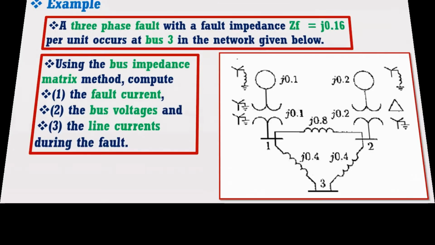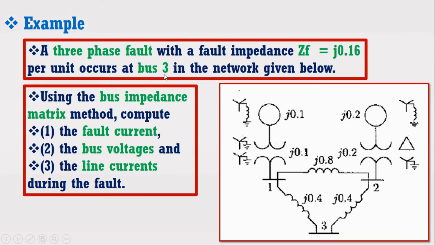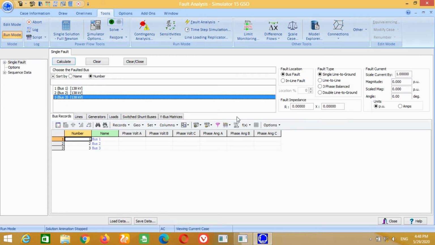As we know, the example asks to apply a 3-phase fault on bus 3 having fault impedance 0.16 per unit. Therefore, click here on bus 3. Select 3-phase balanced fault. Put the fault impedance to 0.16.